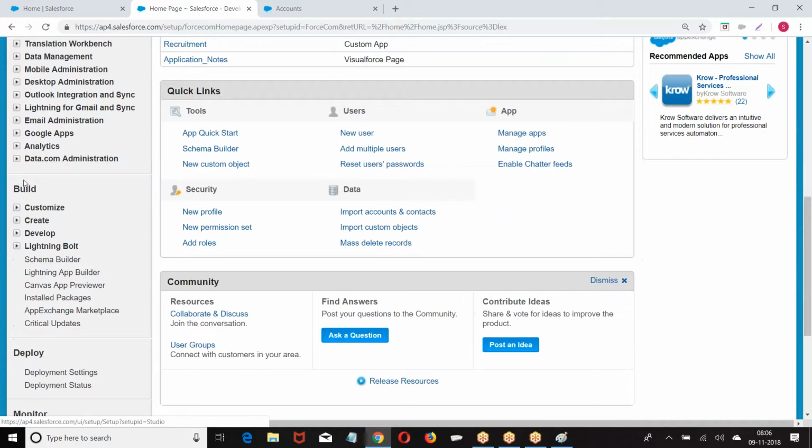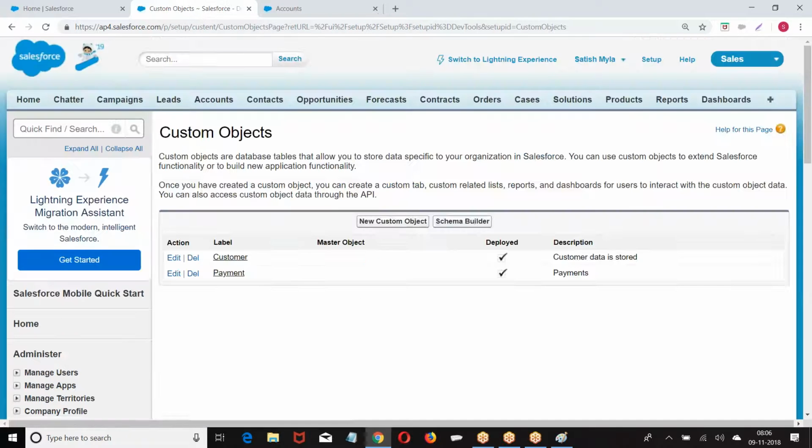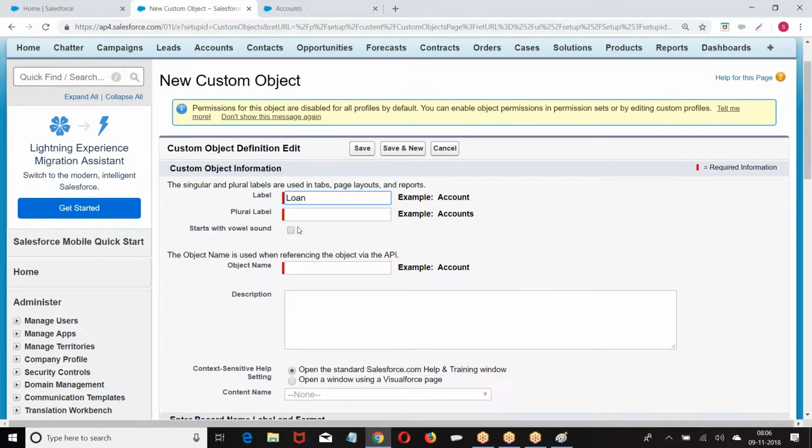Setup, build, create objects, new custom object, loans.